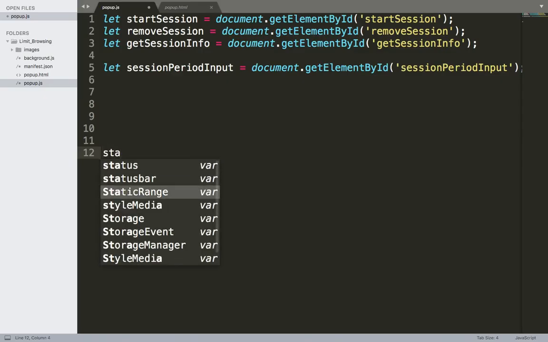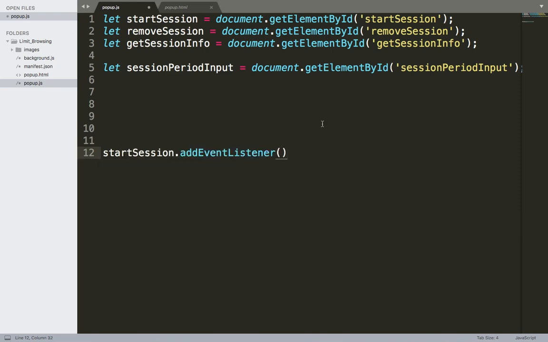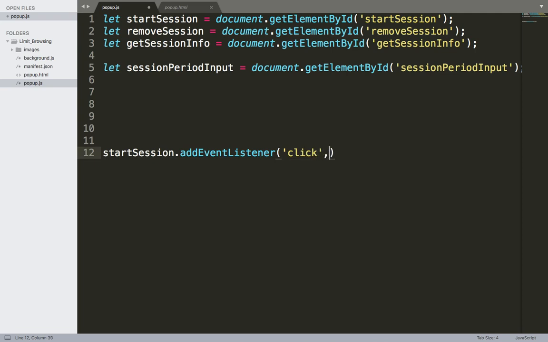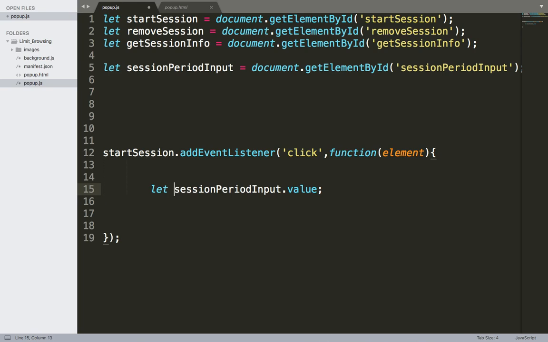So what I'm going to do here is use the start session, and then add event listener as we did before, and then click and the function. Now the most important thing is inside the callback function. What we need to do here is get the value from the session period input. How are we going to get that value? It's very simple. You use the session input, this, and then value. And you can store this inside a local variable if you wish. Let session input